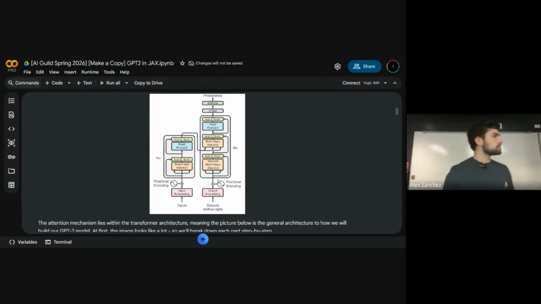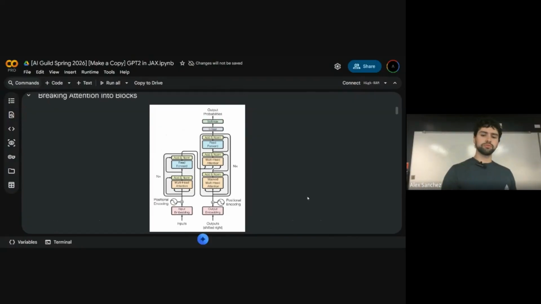There are a couple things that are different. For example, the original Transformers paper came out in 2017. GPT-2, that's when they started using it for actual text generation. That came out around 2021, something like that. Just backstory on all this.